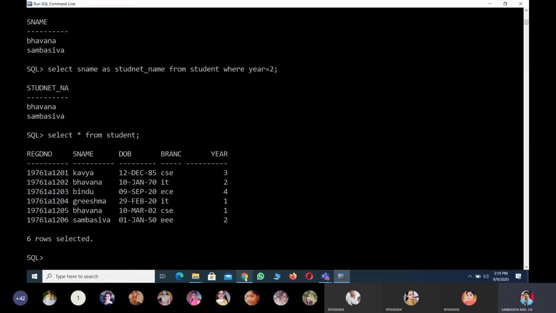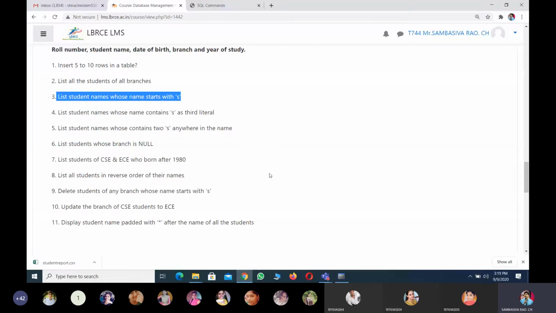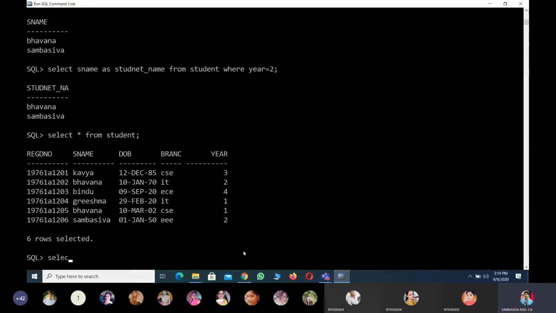They are asking for the student names only. So your query must start with select S name from students. That's a fixed part. But whose names are you going to print? Those whose character starts with B. So here you apply the condition where S name like, and do the pattern matching. Without pattern matching, you use the assignment operator, where S name is exactly matched and that value is retrieved. Here we are not using an exact match. We are matching with any one of the characters among the data.